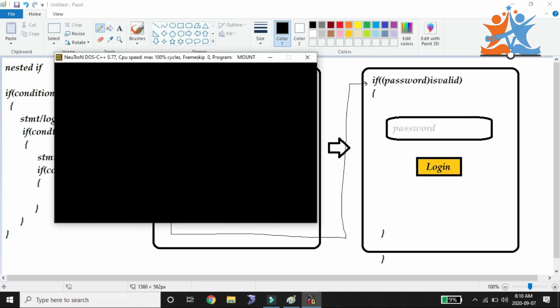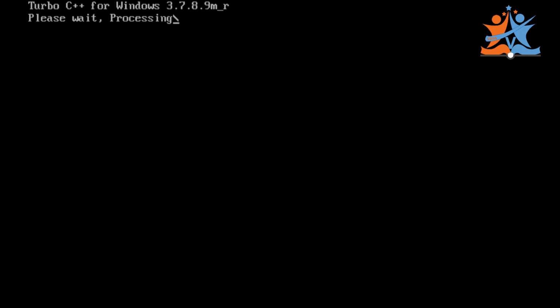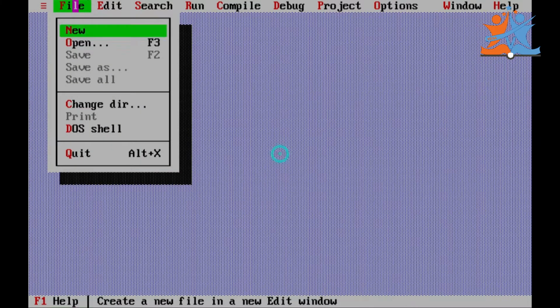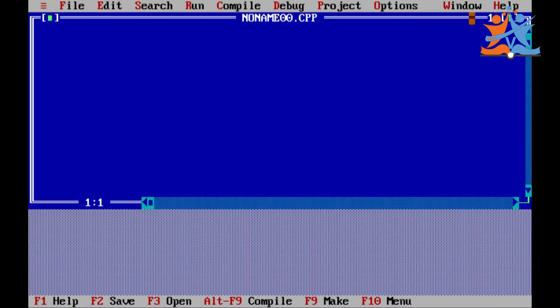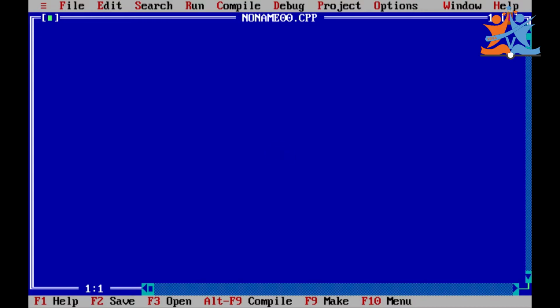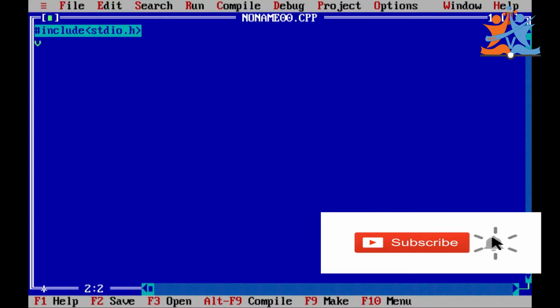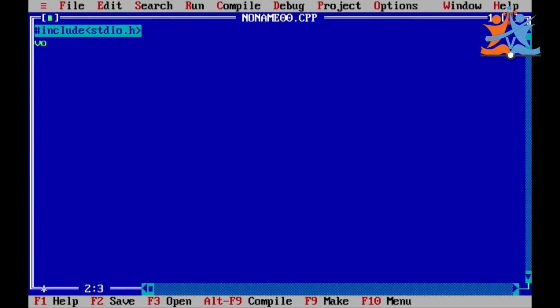Here we are going with Turbo C. We take a new file to implement our logic. First we start with the link, hash include stdio.h. After that, void main. Then I am taking char.